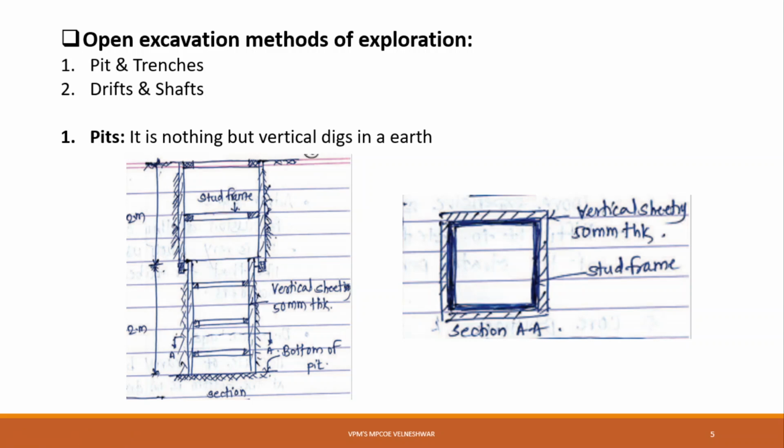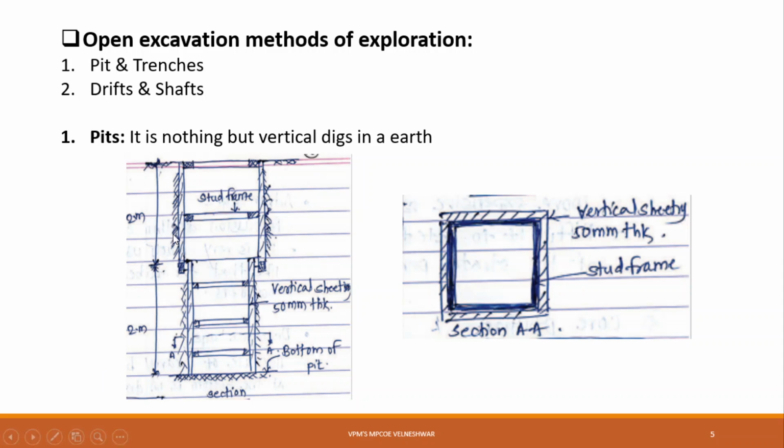A shallow pit up to 3 meter depth can be made without providing any lateral support. So if you are going for a shallow pit, then the depth is less, right? And for a shallow pit with 3 meter depth, you should not require any lateral support. If you are going below that 3 meter depth, or especially below the groundwater table, lateral support in the form of sitting and bracing system is required.